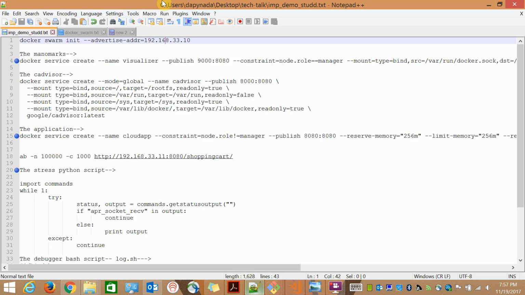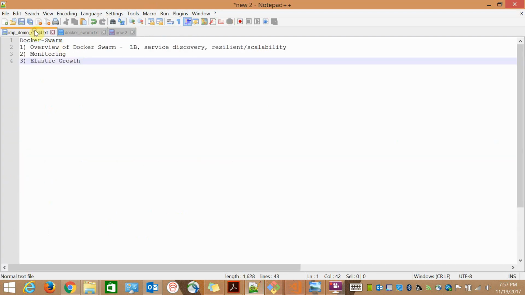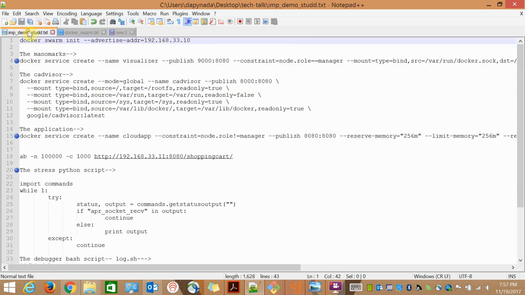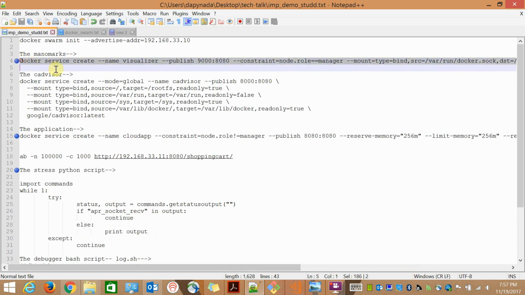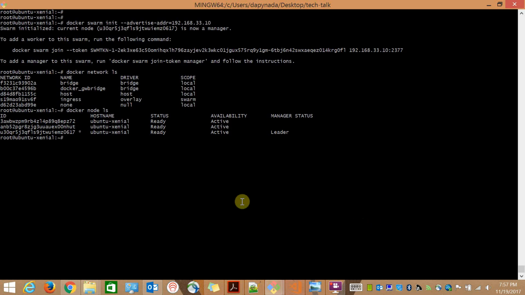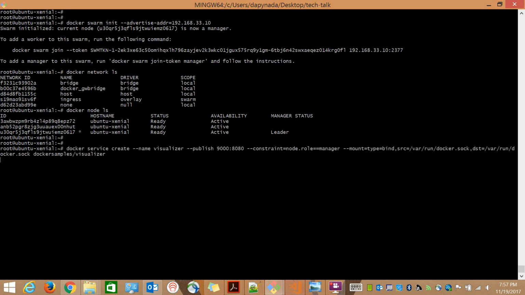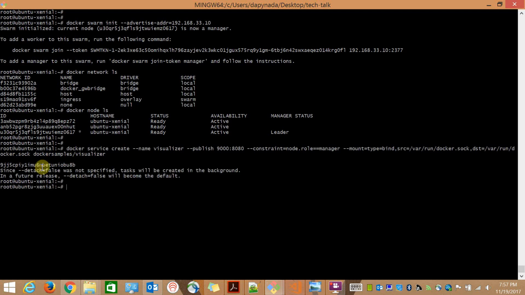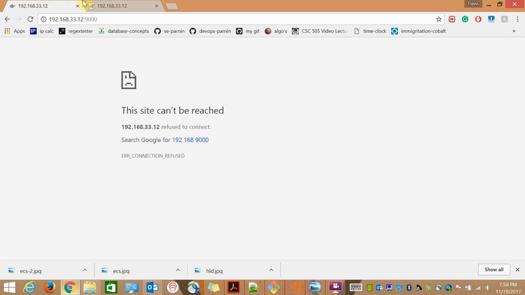Now to get on to the second aspect, which is monitoring, I'm going to use two tools, cadvisor and the visualizer, that is the Manomax visualizer. Both tools have their advantages and disadvantages, as you'll see in a second. For this particular application, the target port is 8080 and the published port is 9000. So if I go to any IP,